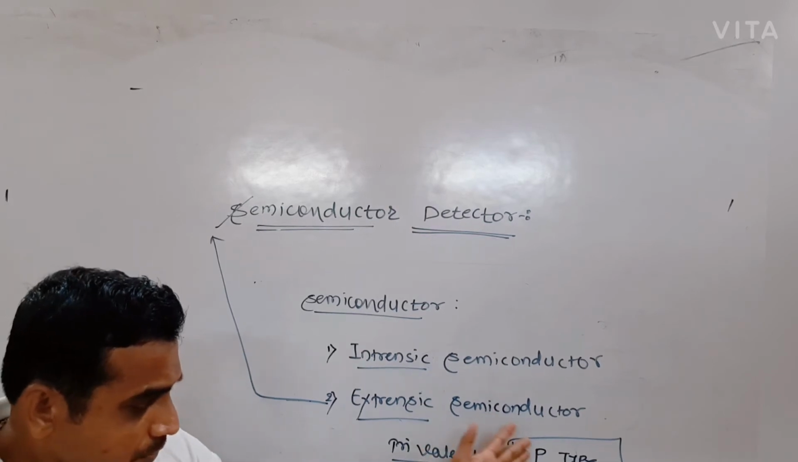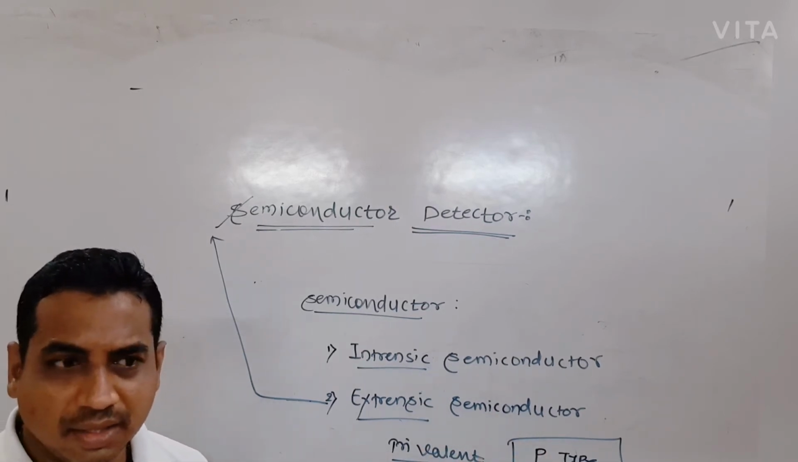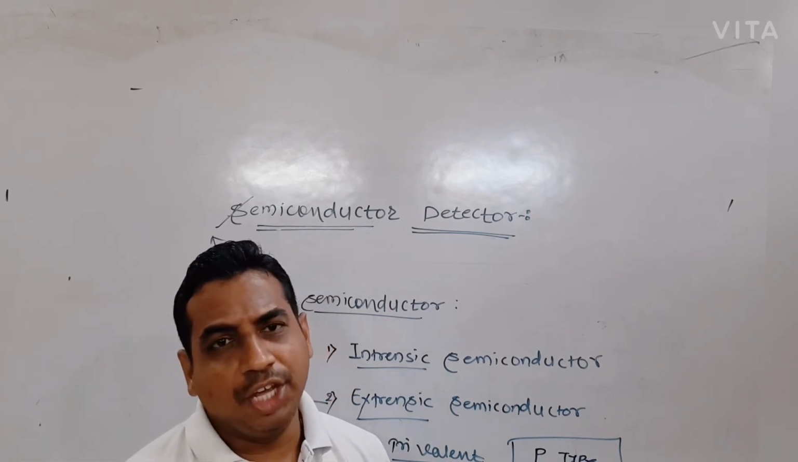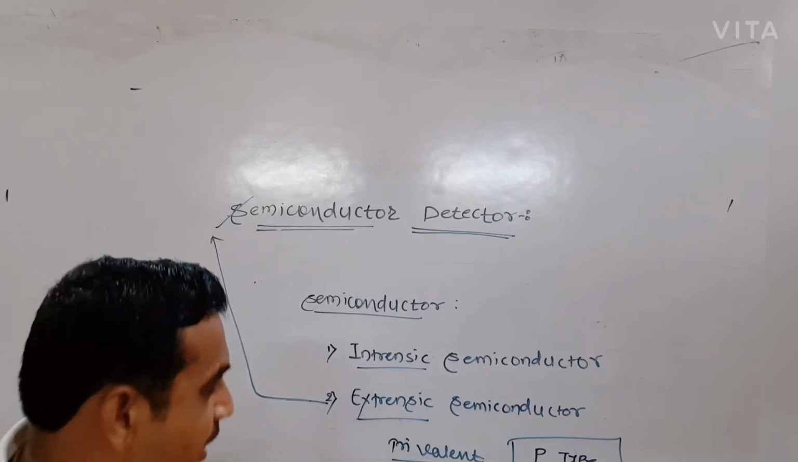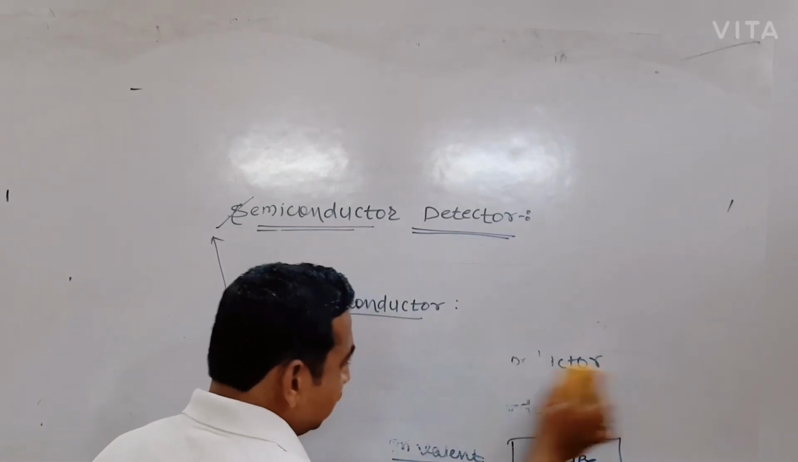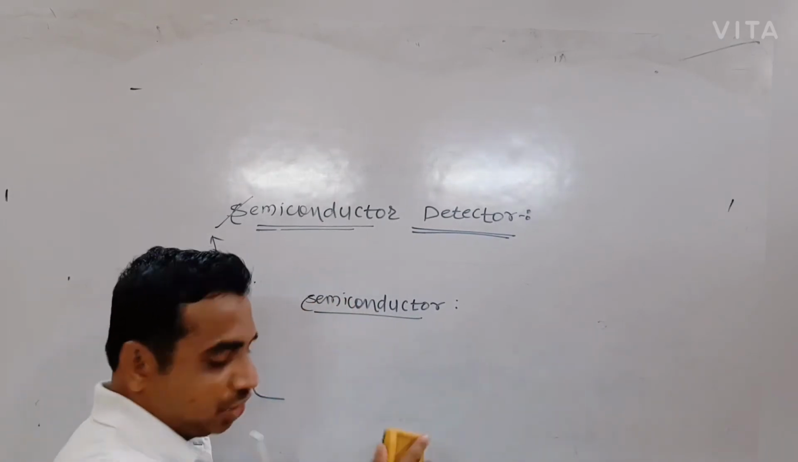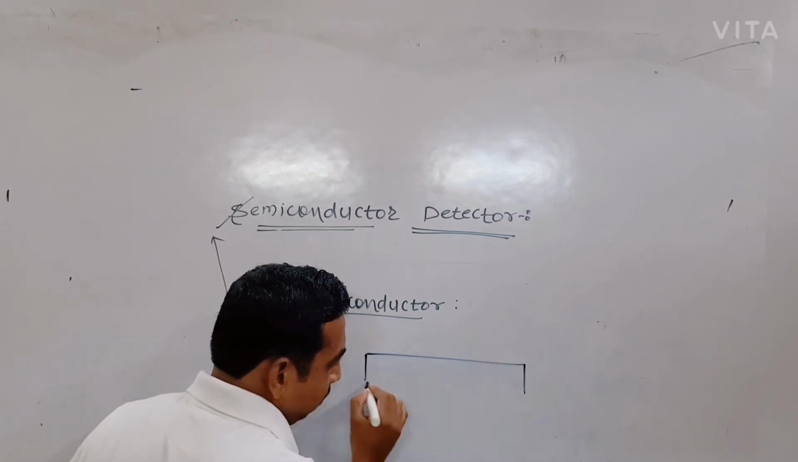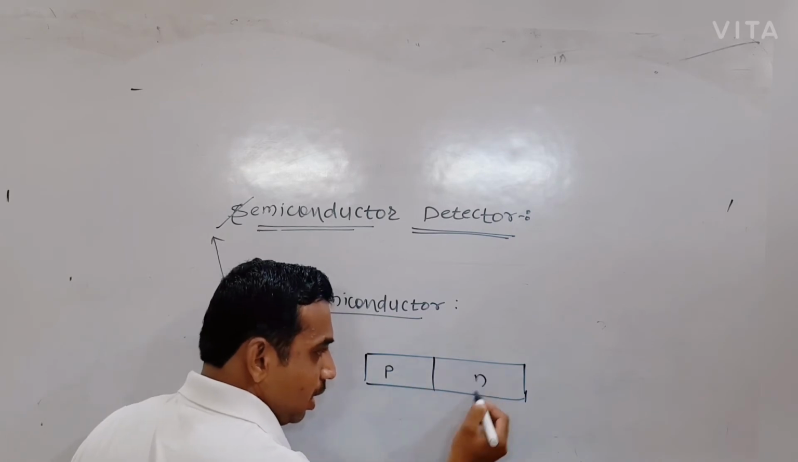So due to these P and N type semiconductors, we discovered the PN junction. So what is a PN junction? Here we see the P and N junction. Suppose we consider one kind of these materials, here P and here N, and